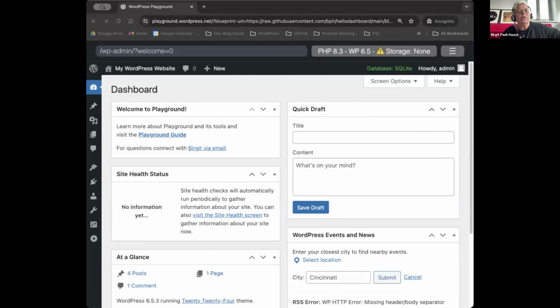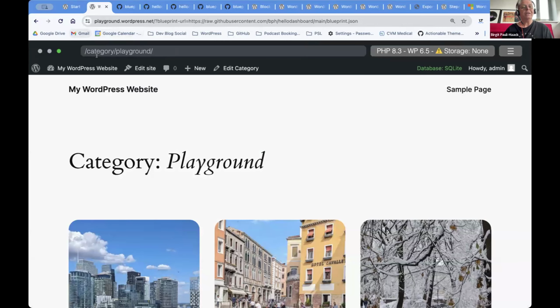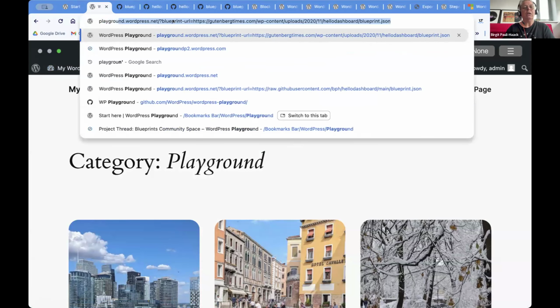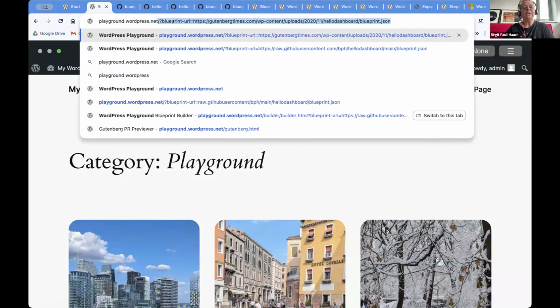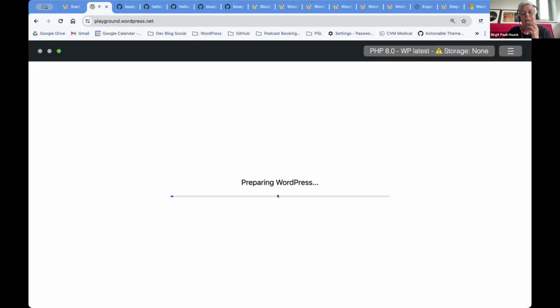And then, so when I share my screen, just one more time. I'm kind of lost right now on my computer, but that's okay. So if I go to playground.wordpress.net and log in,